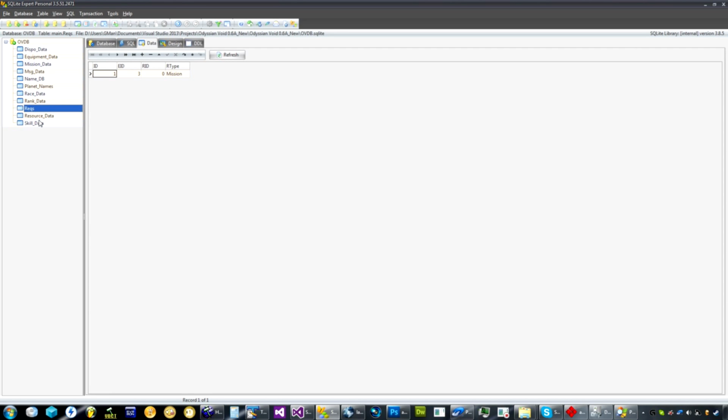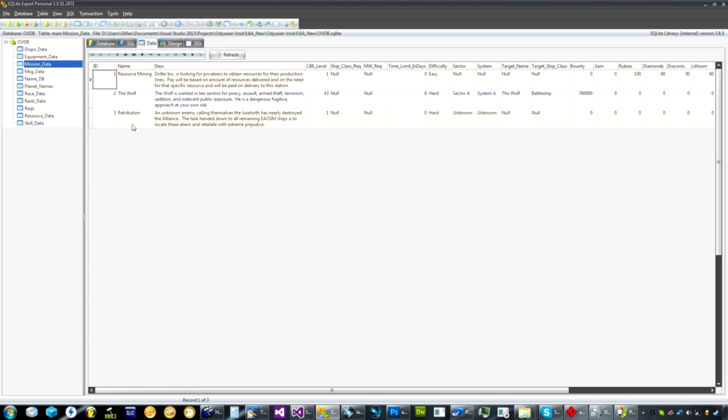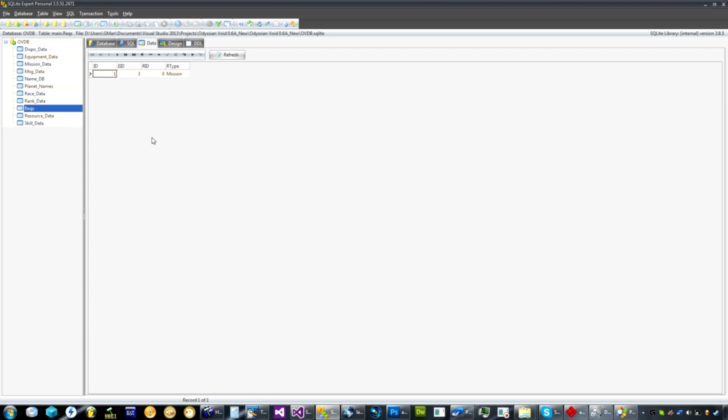mission 3, which is what this is for. So I'll go over to mission 3. I pull out mission 3 from the table and I see, okay, how many requirements does this have? So I go over to the Rex table in the code and create a function or create a query that will return every record that has an EID equal to 3, because 3 is the EID, and R type of mission. So the R type